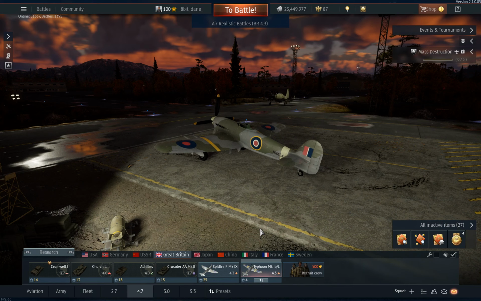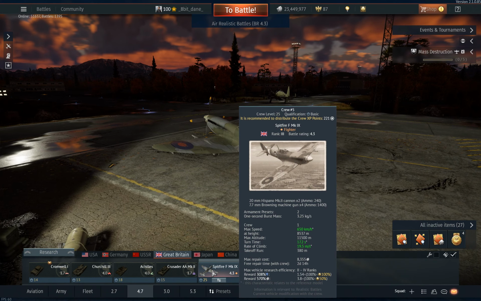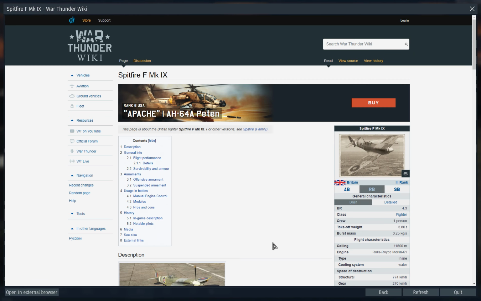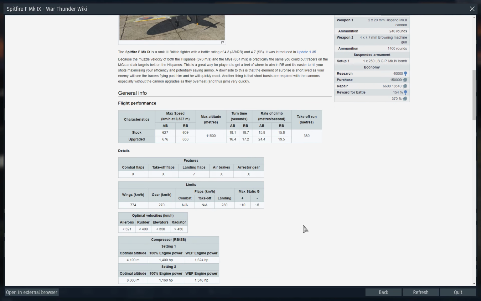If you look at the Spitfire, it also says a 4.3. Again, it's completely different, with no combat flaps, no takeoff flaps, and only landing flaps. And they rip off at a measly 230 kilometers an hour. So, as you can see here, switching from plane to plane, even in the same nation, it's super important that